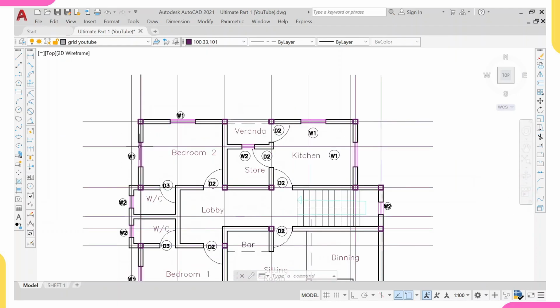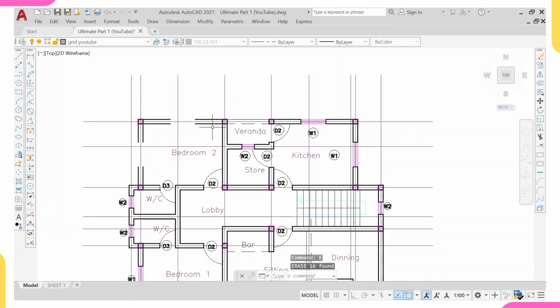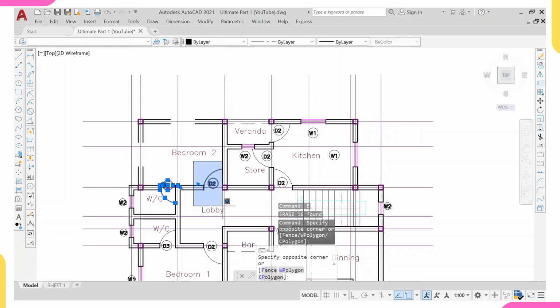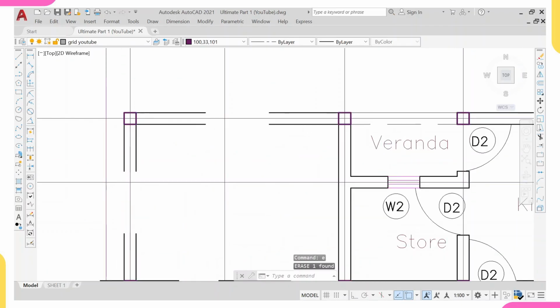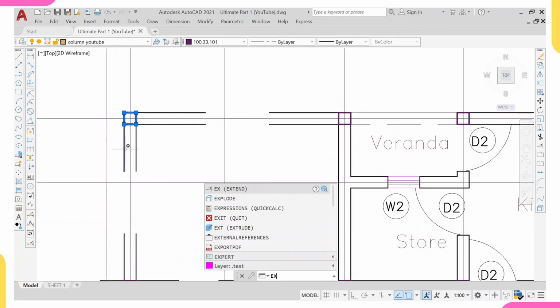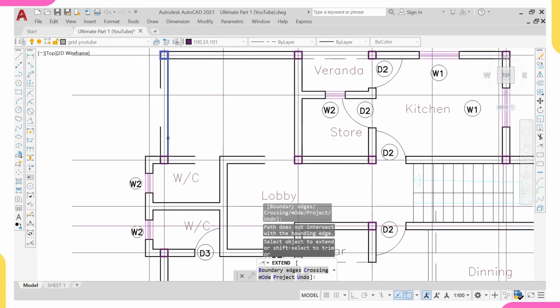So I want here to here, I want this whole place to be one panel. So that's what I want. So since I want this whole place to be one panel, I'll delete this, I'll delete this, E, enter. I will also delete this, and I will also delete this, E, enter. I want this whole place to be one panel. I'll also delete this setting. So I will just click on this point, I'll do ES. ES stands for extend. I'll click on this line, extend this line,